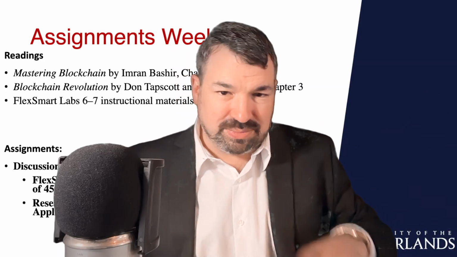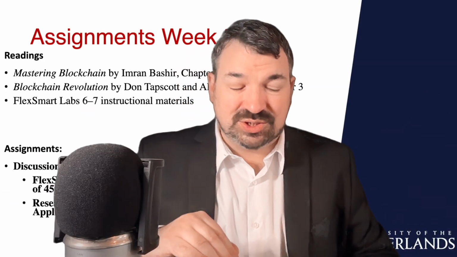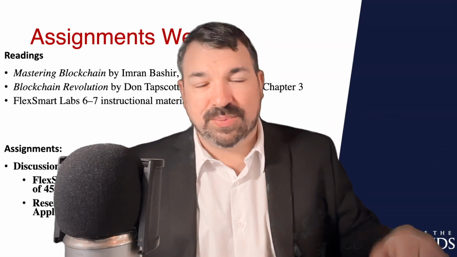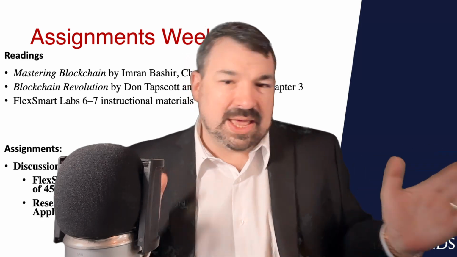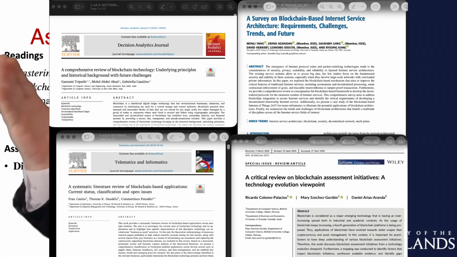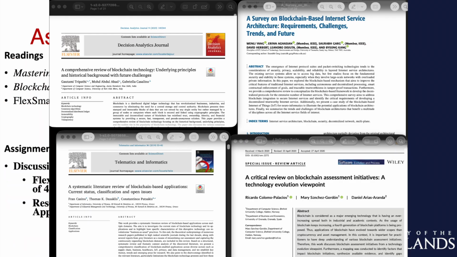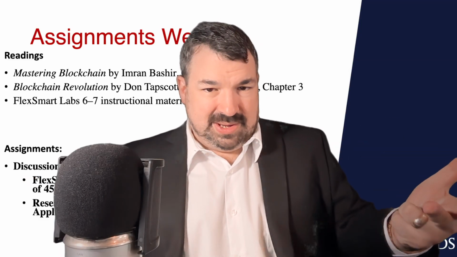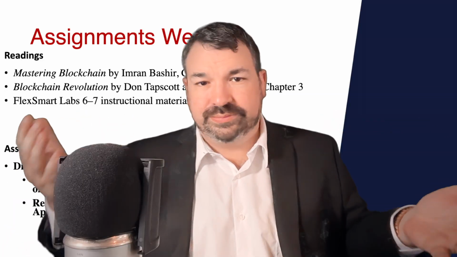Now, let's go back to that blockchain generation thing. I gave you guys that last week. I didn't see a lot of pushback on generations in the comments or in the papers, which is unfortunate. There is not a lot of academic backing for different generations. I'll post a couple of the things that are mentioned here that have citations for these things. There might be some out there that I missed. But the point is that I saw a lot of general talking about stuff, but nobody's saying, I couldn't find any background on this. I couldn't do this. Why? I don't think this is helpful. I do think this is helpful. Here's the reason why it's helpful.